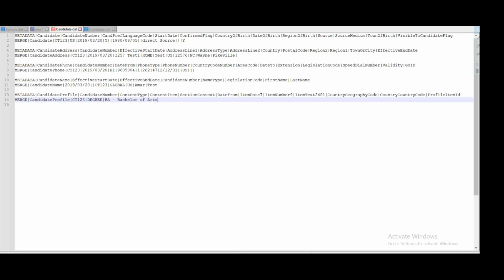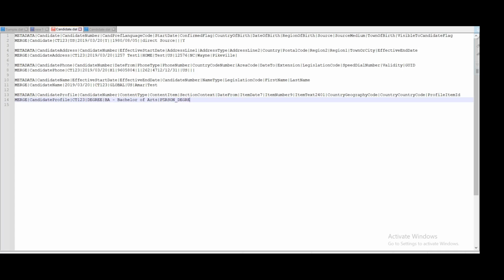Then section context, content item, and content type, as we have seen in our earlier video how to derive them. Similarly, you can find the details for this candidate and load those details over here.